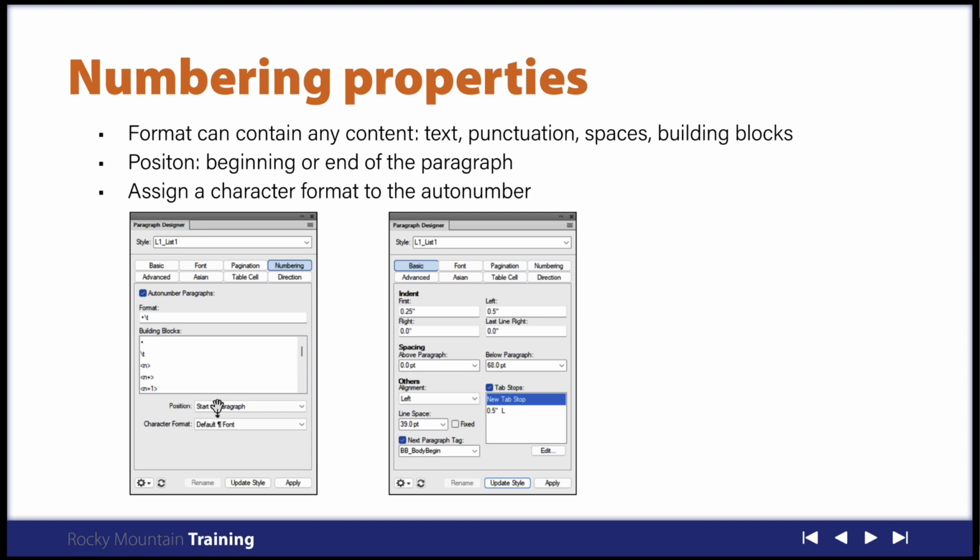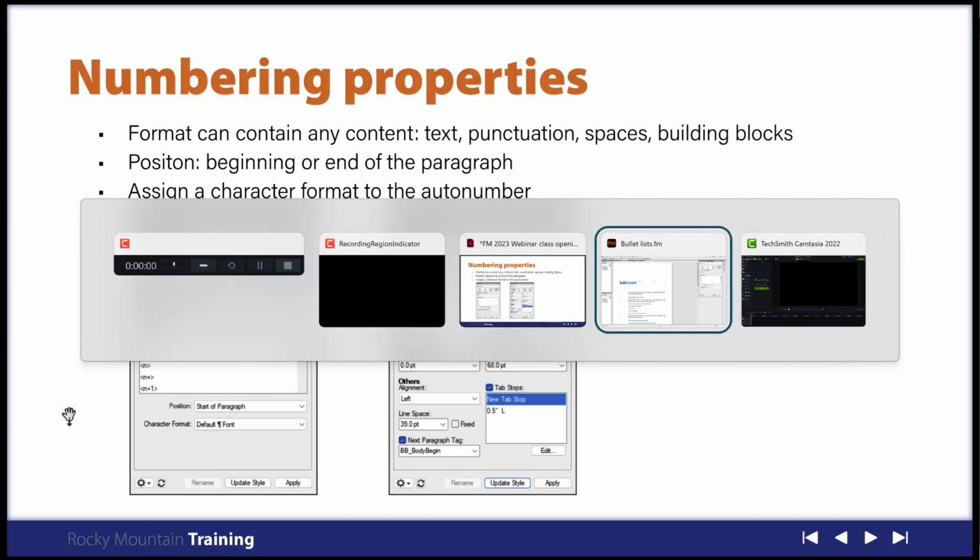So I can open up this drop-down menu and I can choose position end of paragraph for my equations, and that way all my other auto numbers are at the beginning of the paragraphs, but my equation numbers are at the end of the paragraphs. And then you can apply character styles to your auto number formats, and I'll show you all these things as we go. So with that out of the way, let's go ahead over to FrameMaker,